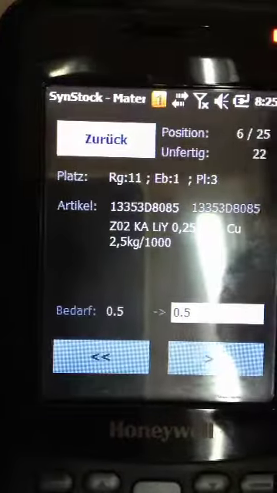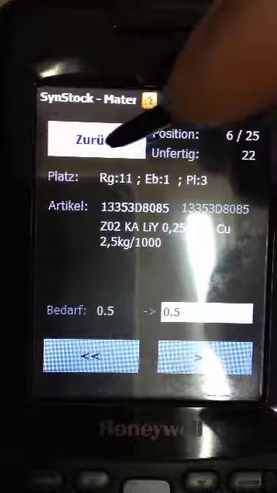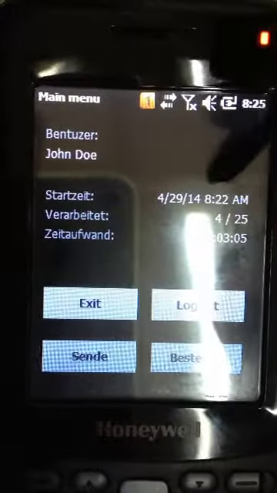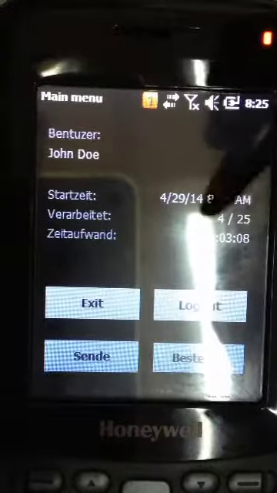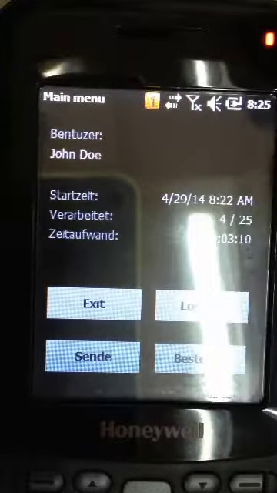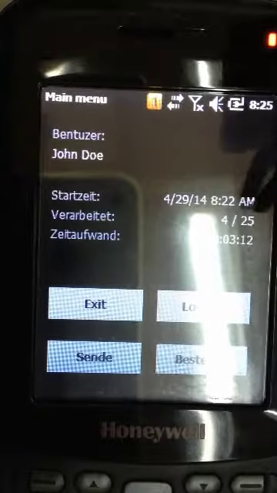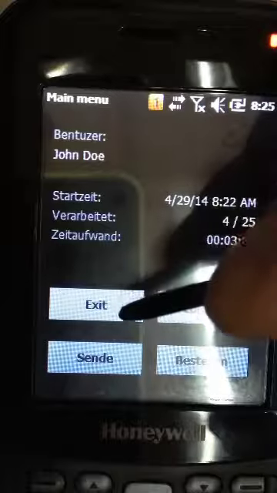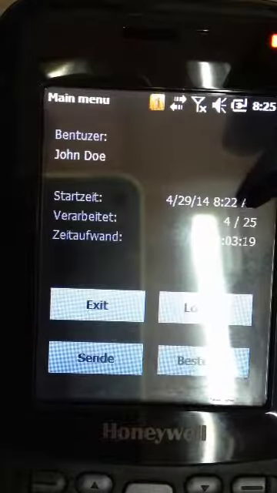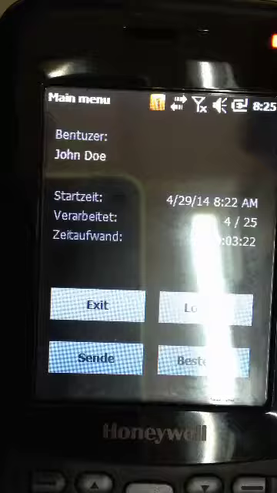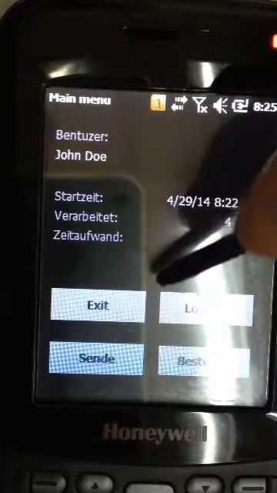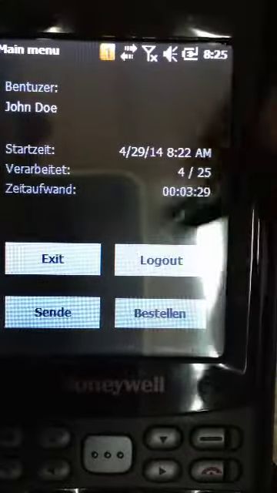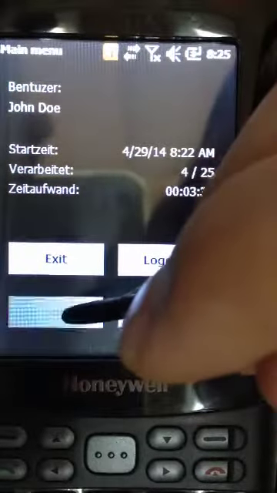Now, when I process the entire list, I can press the back button, and back on the main screen I have the number of finished or unfinished positions, so the user can easily see which positions are not processed and move to them by using the up and down arrows. If I click the exit button, I will declare the request as unprocessed and return it to the waiting list. But in this case, since we have processed the request, I will press the send button,